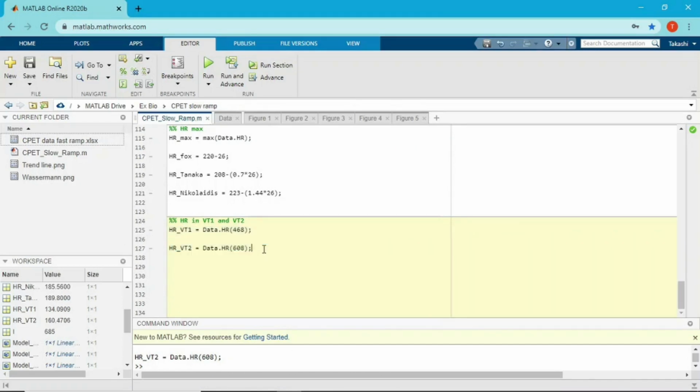But the point of the fast ramp test is to find VO2 max. In contrast, in a slow ramp test, you cannot really find a reliable VO2 max because as you exercise for a long time, you accumulate fatigue, and maybe your VO2 max is underestimated. Fast ramp is fast enough to increase intensity, so you can remove the bias of fatigue accumulation, so you can have a reliable VO2 max in a fast ramp test.